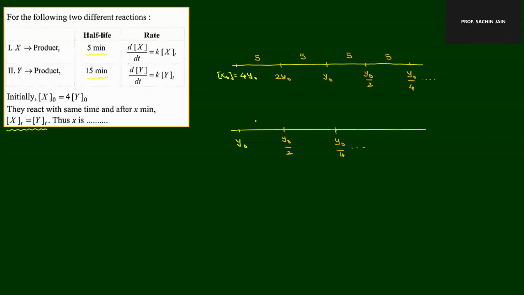यस, आंसर तो आ चुका है। ये 15 मिनट लगता है, ये भी 15 मिनट। अब जब दोनों का कॉन्सेंट्रेशन y0/2 हुआ था, तो द टाइम टेकन वाज 5 into 3 यानी 15 and 15, which is same. That's why the x का value is 15 minute and that is your answer. ठीक है, तो आपको क्या करना है, एक पर्टिकुलर कॉन्सेंट्रेशन इक्वल होने तक कितना टाइम ले रहा है, वो टाइम यहाँ पर फाइंड आउट करना है।